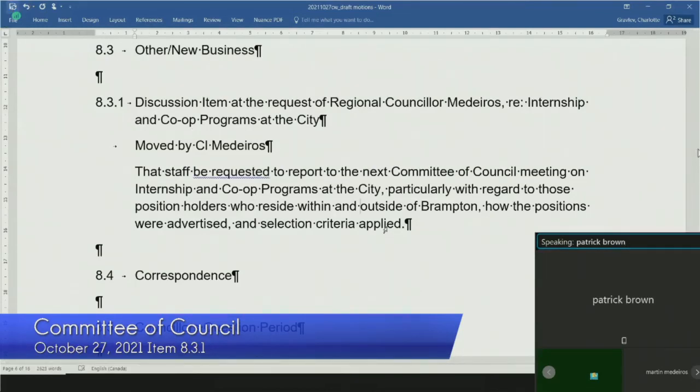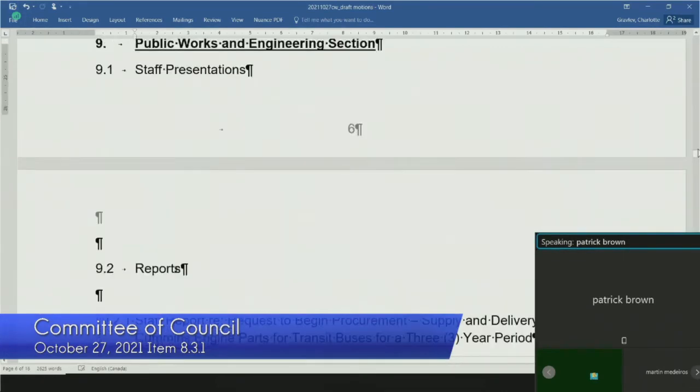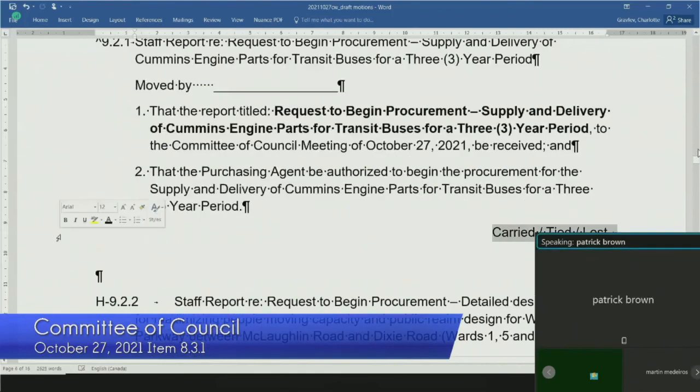Okay, thank you. I think we have a big responsibility, so I'm glad that Councillor Medeiros is raising this early on. I think we have an opportunity to help mentor and train as many young people as possible. But obviously, and selfishly, I think we want to make sure there's a Brampton focus. And so in that report, it'd be great if we could have